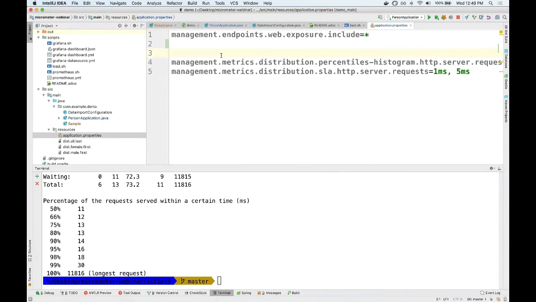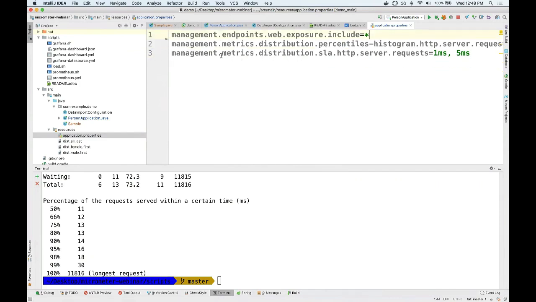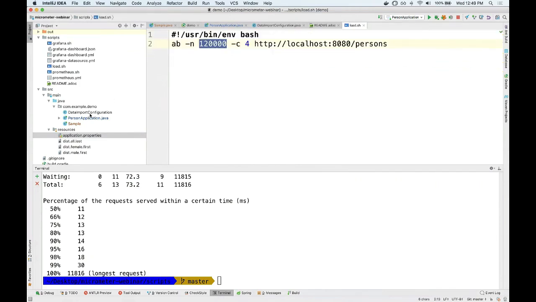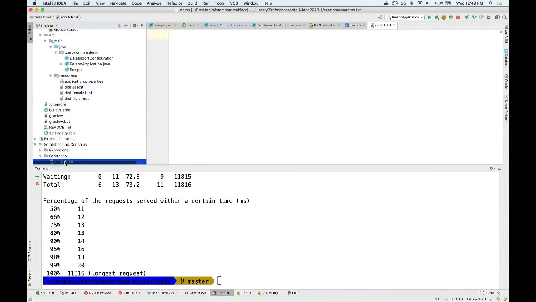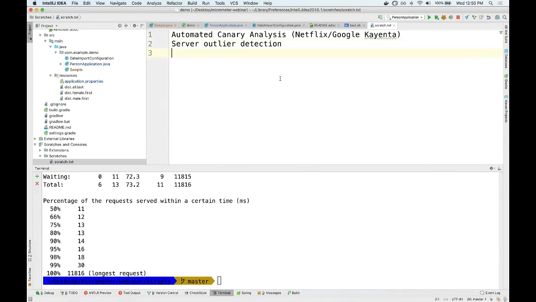So look for that. And with that, I just want to make one note about the future. The reason we spent 2017 on this, or I spent 2017 on this, is because we're imagining a future where the Spring portfolio expands to things like automated canary analysis with Netflix, Google's Kayenta platform. And we want to do things like server outlier detection and intrusion detection and predictive auto-scaling,